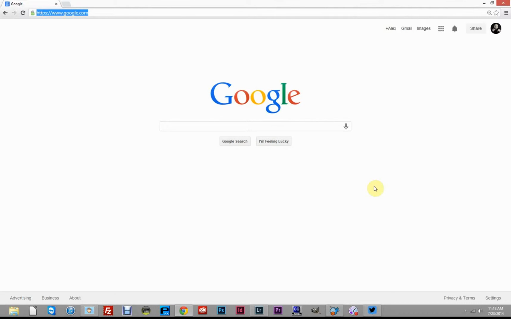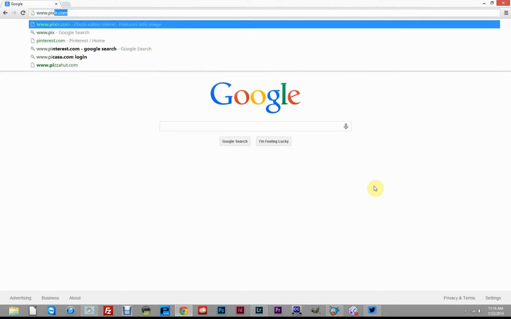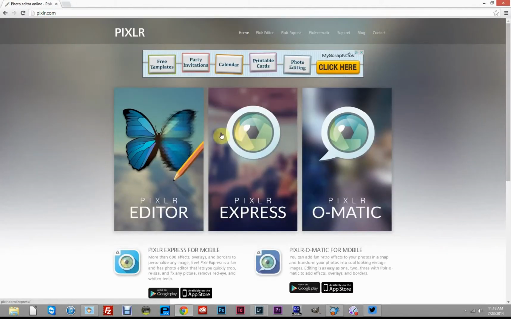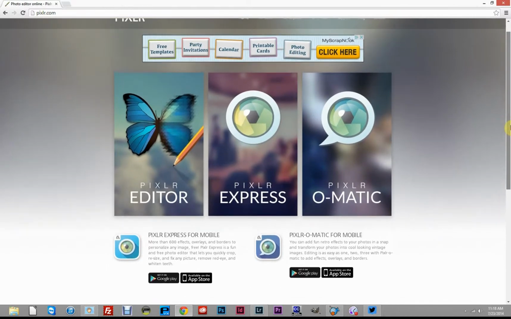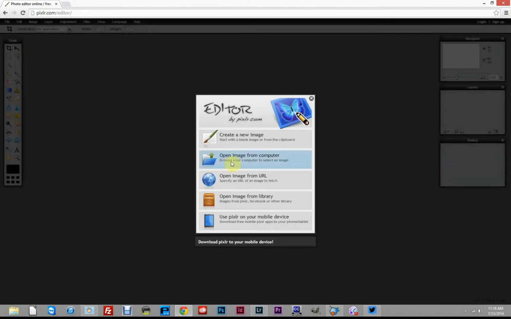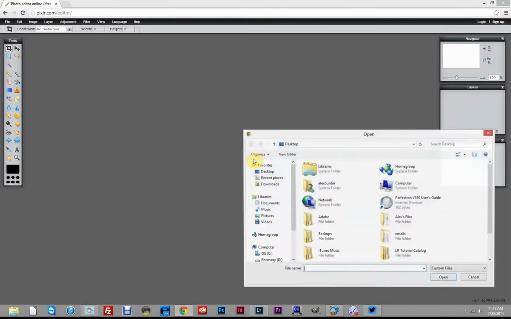So here we go. Let's head into our web browser and go to www.pixlr.com, pixlr.com. And this is going to take us to this website here, which has a lot of tools for anyone who needs to work with an image and doesn't have any software to do so. So we're going to talk about the Pixlr editor here today. So we're going to click on that, and we're going to be working on images that are stored on our computer. So you could open up images from these other sources, but right here we're going to go to